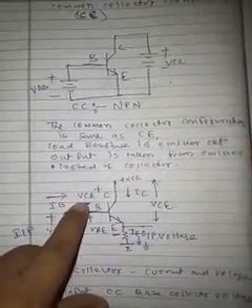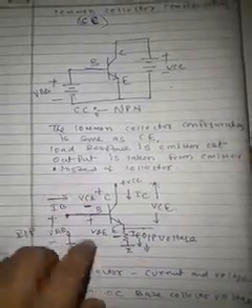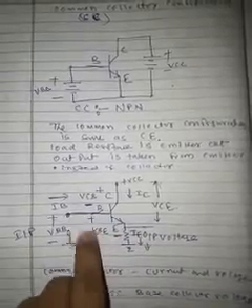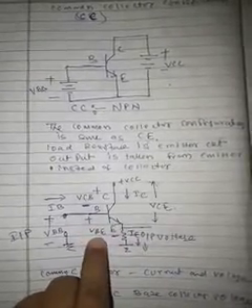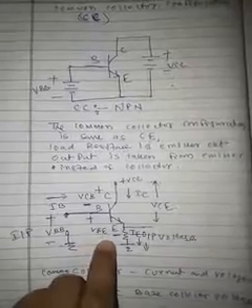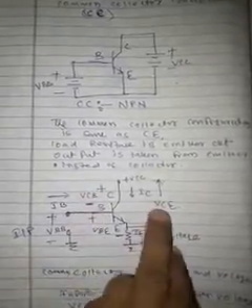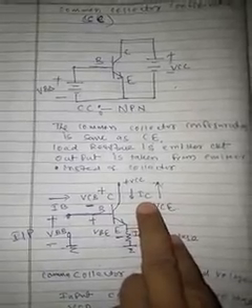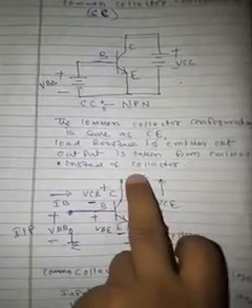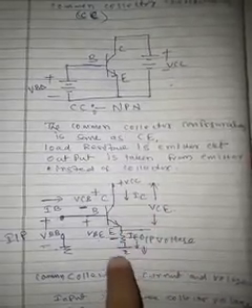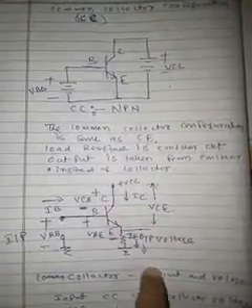Then this is the minus and the plus of the VCB. Then here we have the plus and minus VBE, the voltage developed across base and emitter, and the voltage developed across base and collector. You can see the collector current here, plus VCC is connected to the collector, IC direction, collector current.